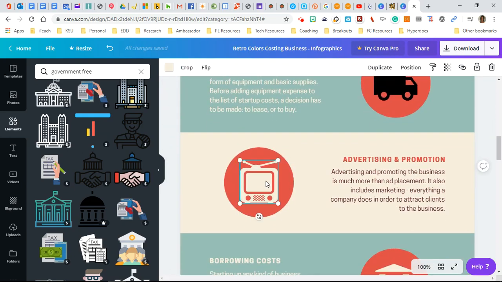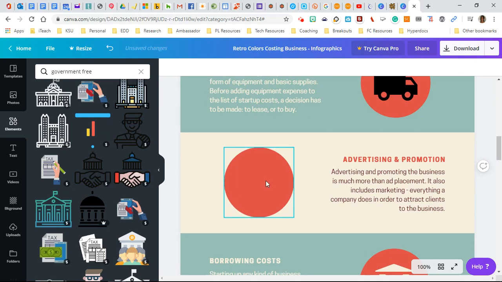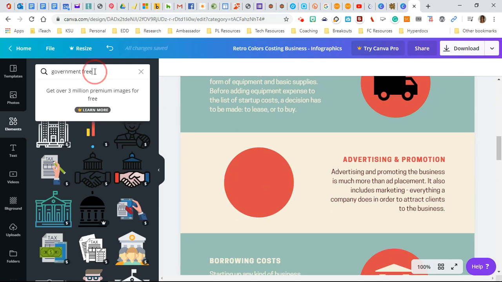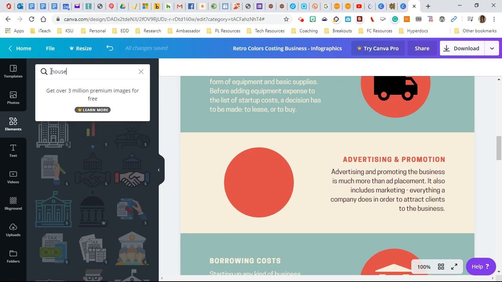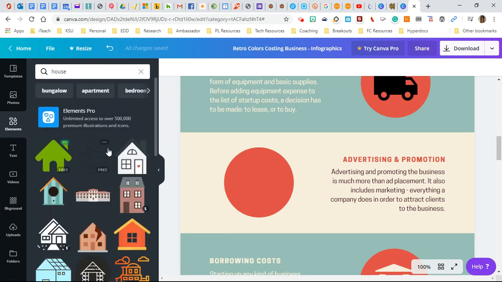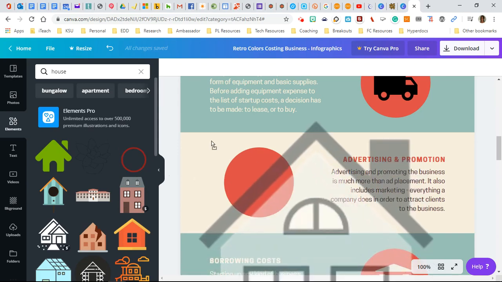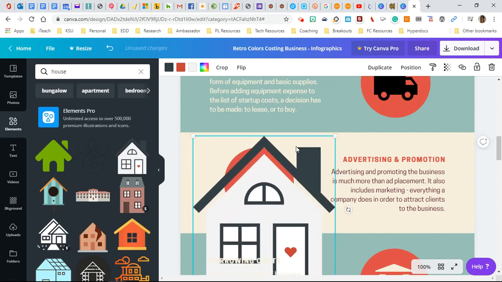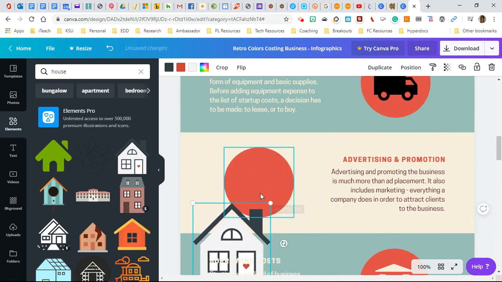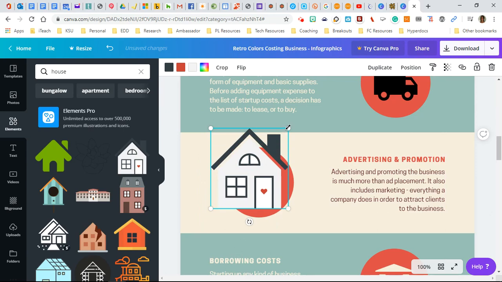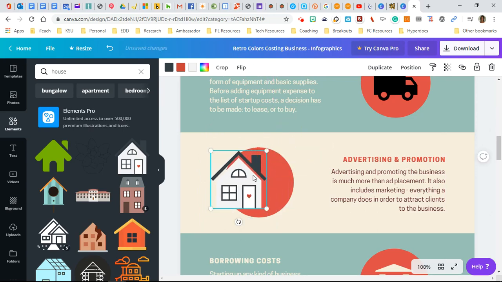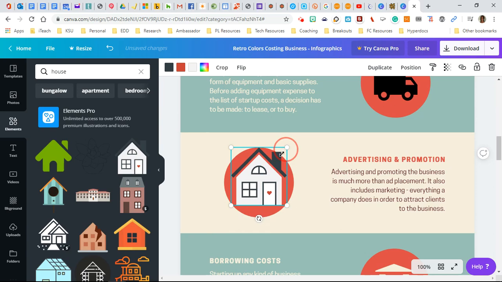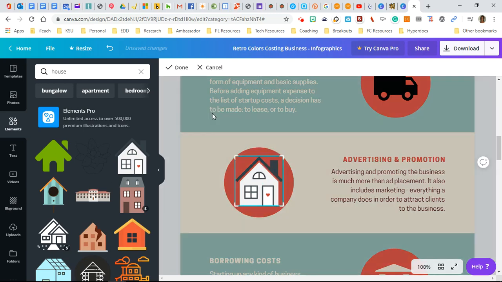I can change the pictures or icons anywhere here. Let's say house. Put this here, make it smaller. One of the things I really like about Canva is not only can you capture these images, but if you decide that you would like a different color theme for your poster, you can simply change the color of this object. So when I click it,